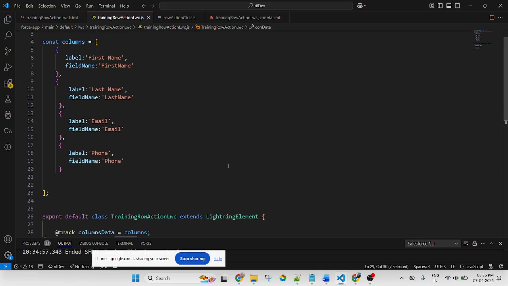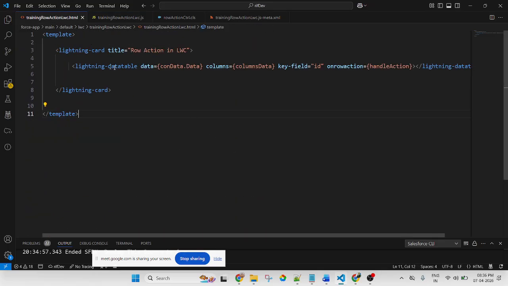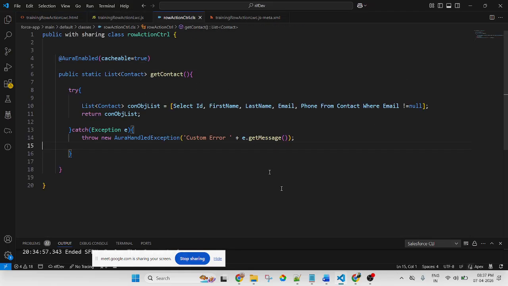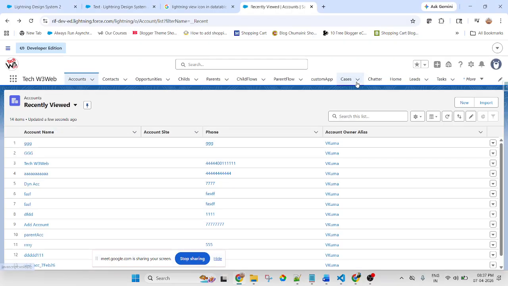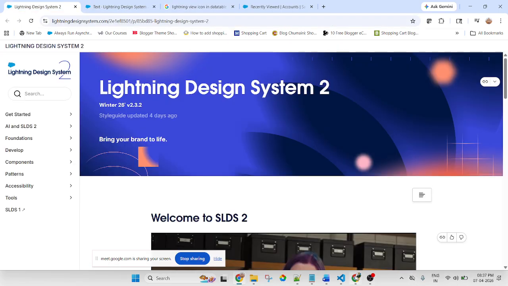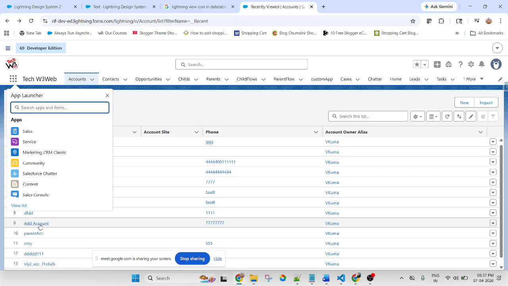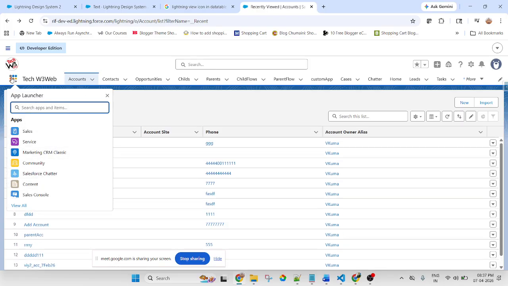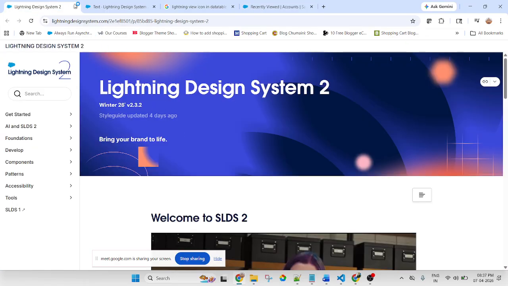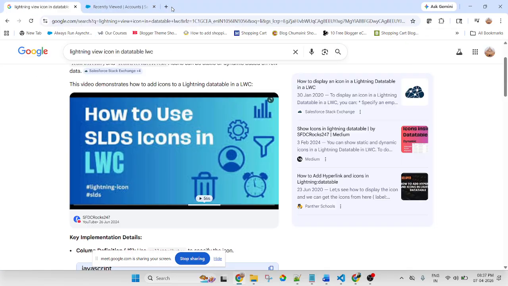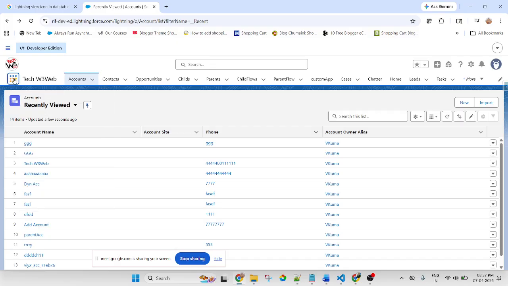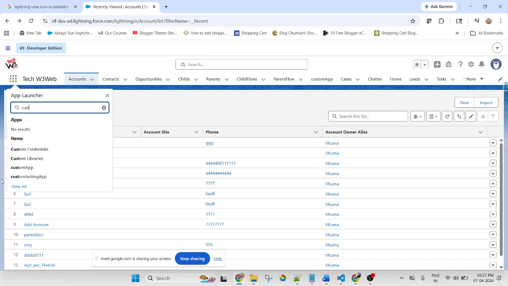Get data. Where is my file? First, where is the file?